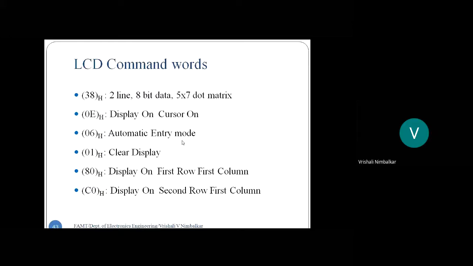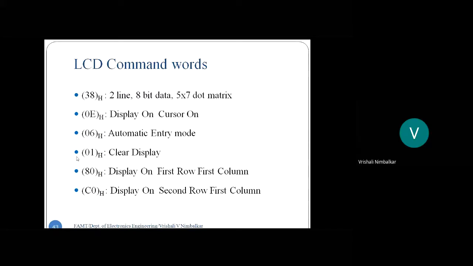I need not specify the other character positions. That is done because of automatic entry mode. Just tell the LCD where the first character should be displayed, and the other characters will automatically follow. So that is the command word 06 hex.